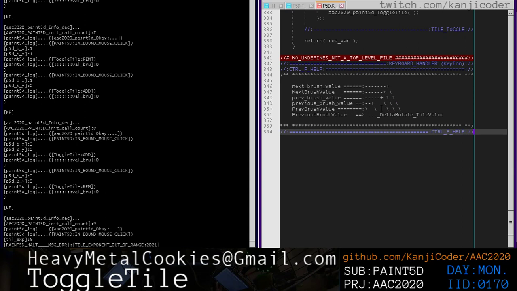Alright. It's not the best. Let's clean that up just a little bit. So anyways, yeah. So delta mutate tile value, and if we look at that,